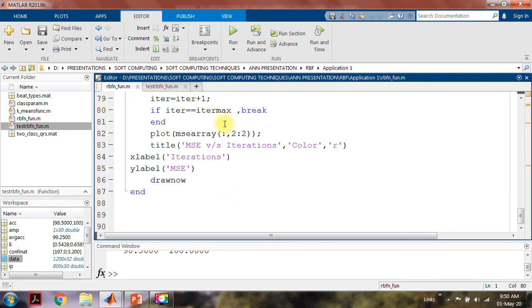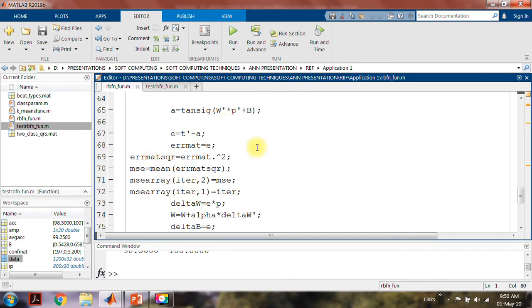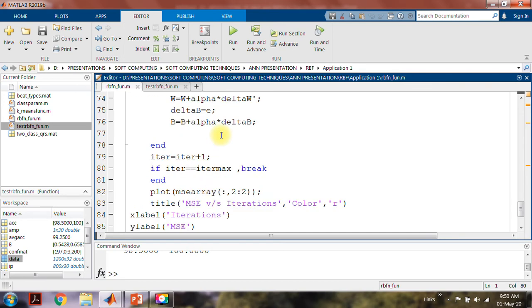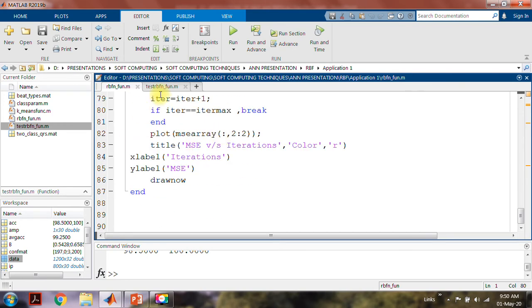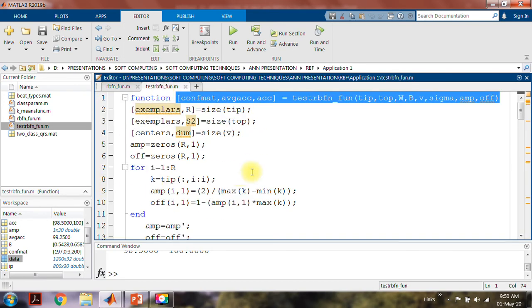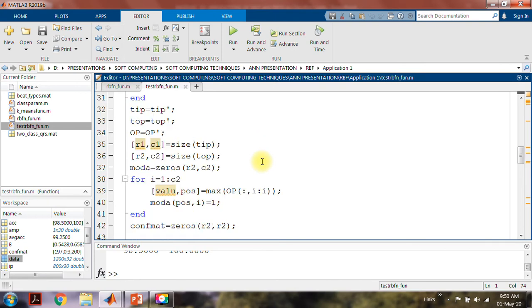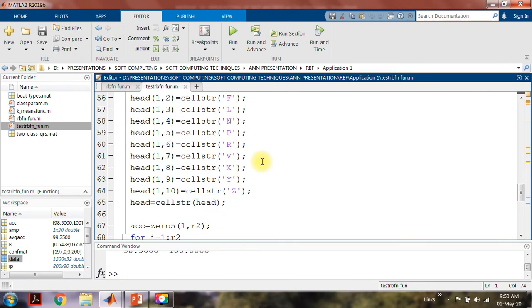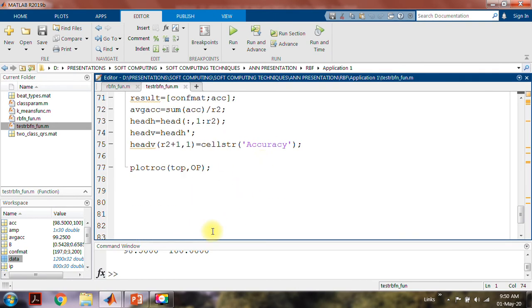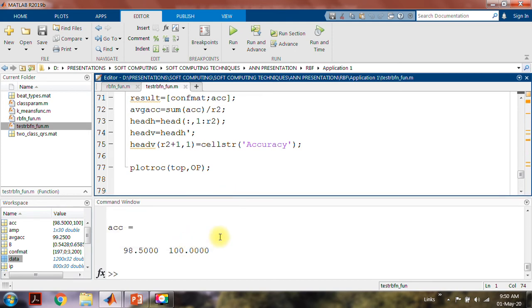And then finally what we have is the gradient descent algorithm to finally get the output. So in testing, again I am using the same learned parameters, and then I am simply deploying it like this with the test data. So all in all we get a very good result for two class classification.